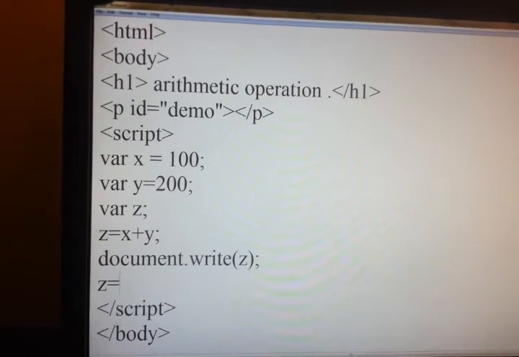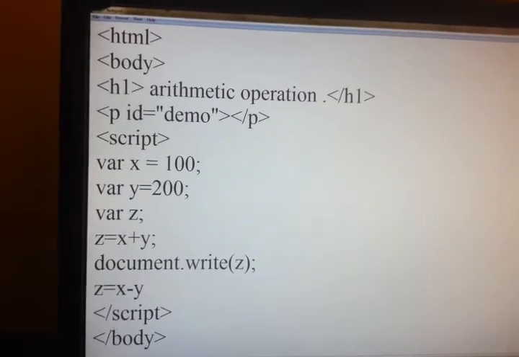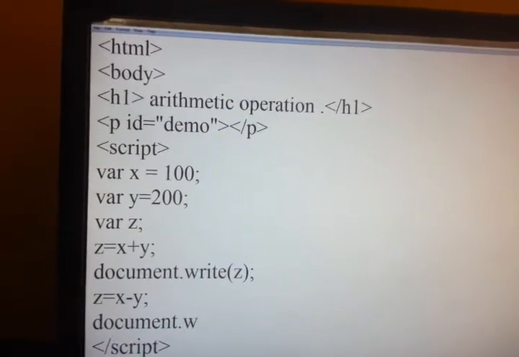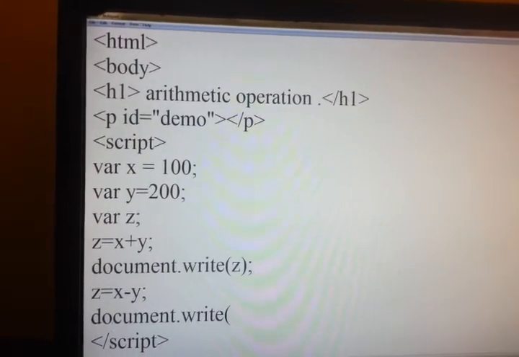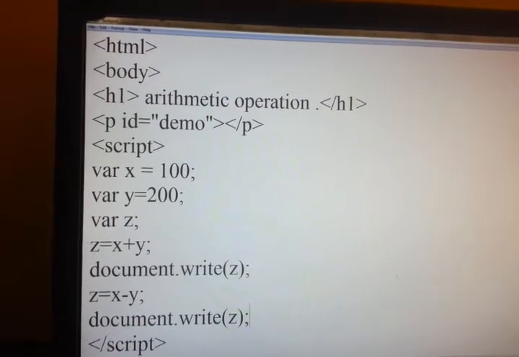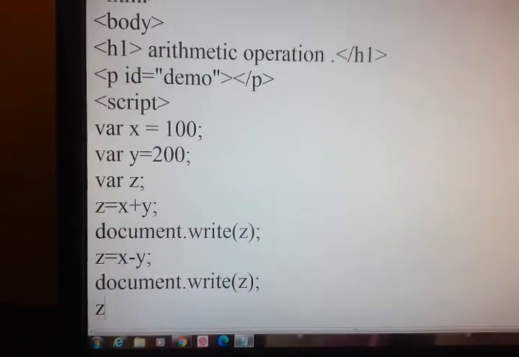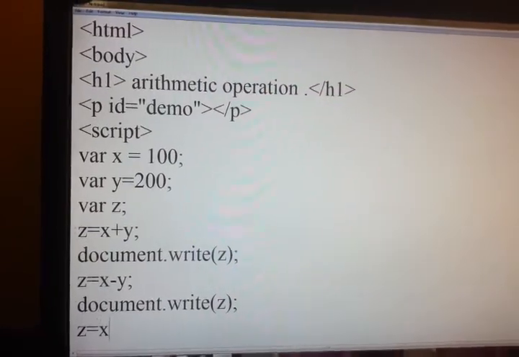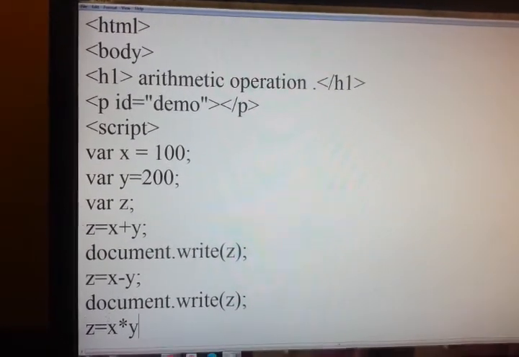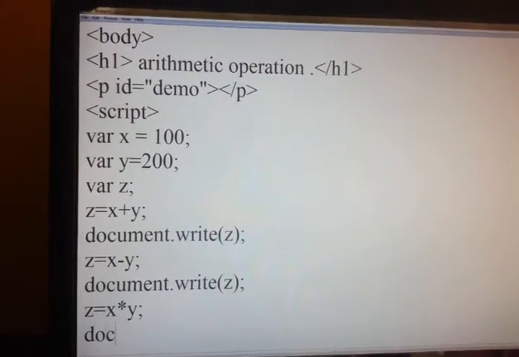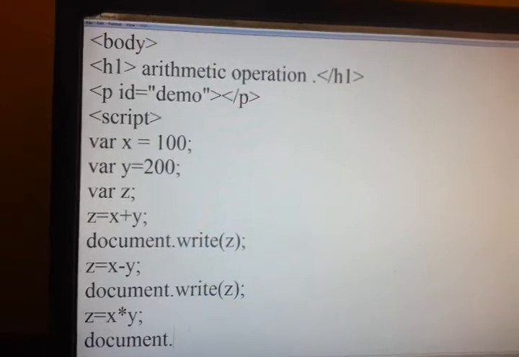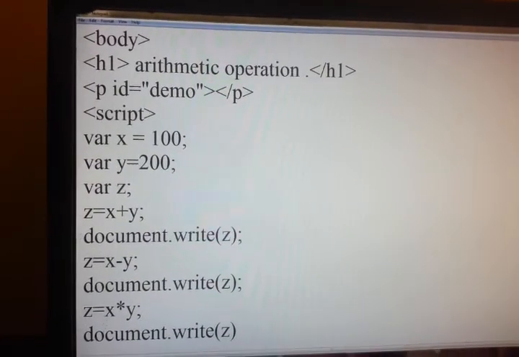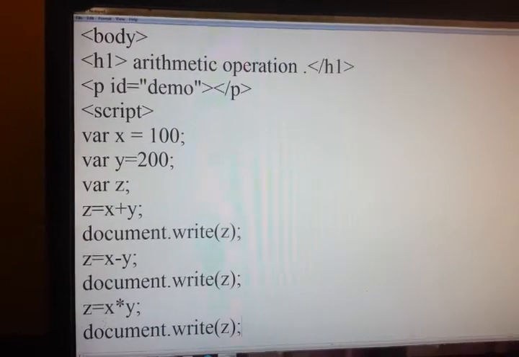Then z is equal to x minus y, document.write z, then z is equal to x into y, document.write z;